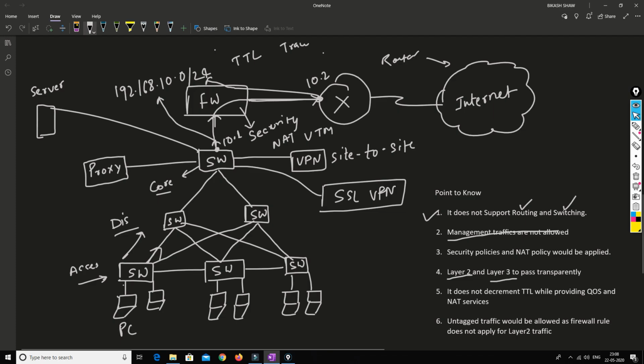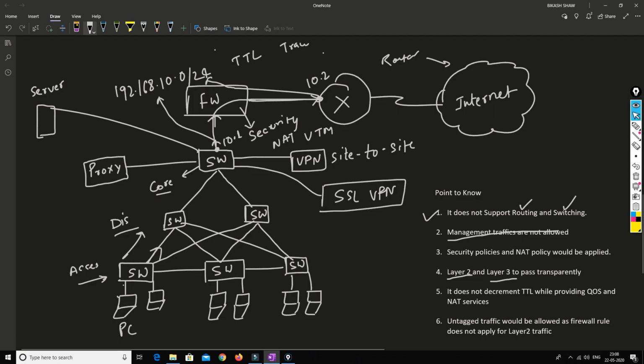So the network administrator managing the network will only know that there is a firewall in their network and where it is placed. At the same time, the firewall will provide all the services: the security, the UTM feature, the NAT feature, the QoS feature, everything is allowed.